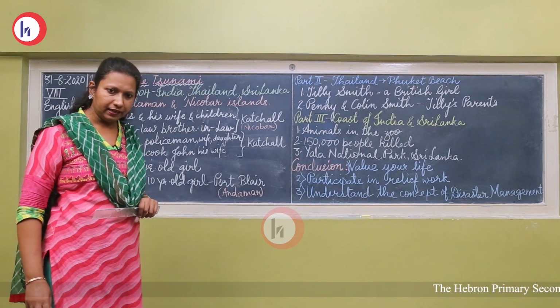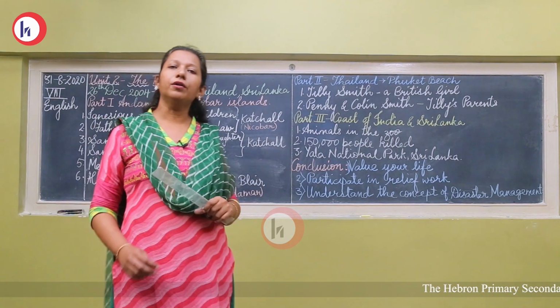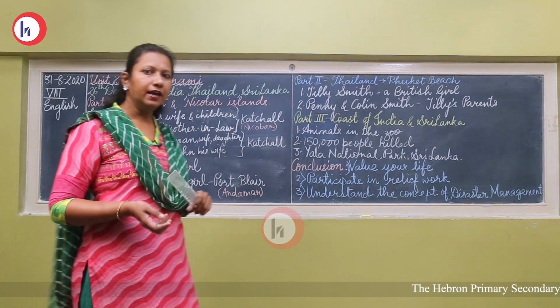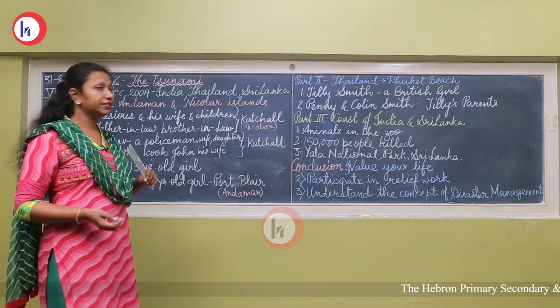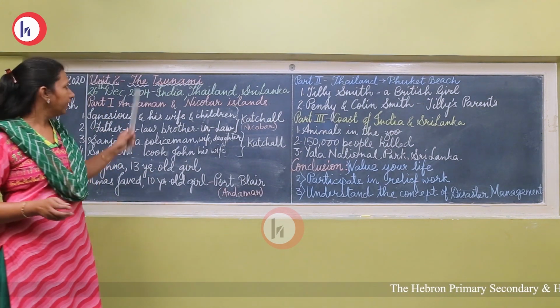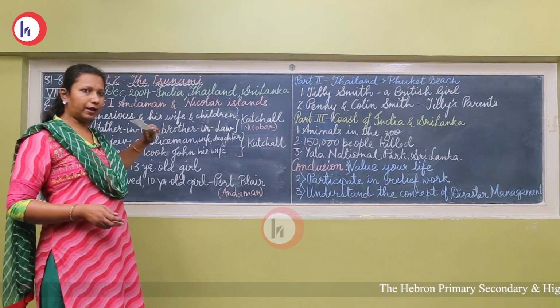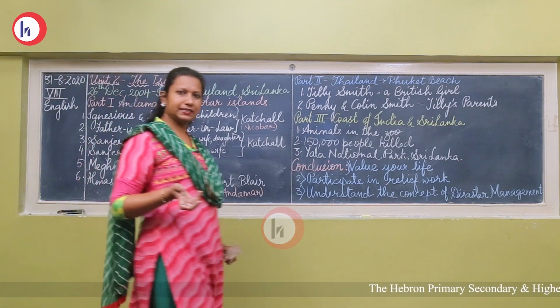eruption under the sea. So when there is an earthquake or volcanic eruption under the sea, huge waves are caused which are more than 800 meters high. Then it's called tsunami. Now you must have seen many disaster movies